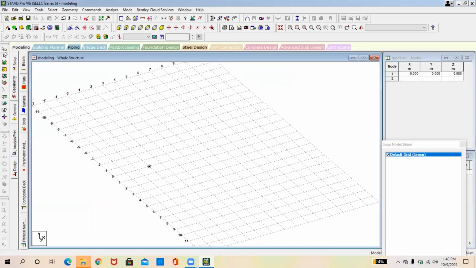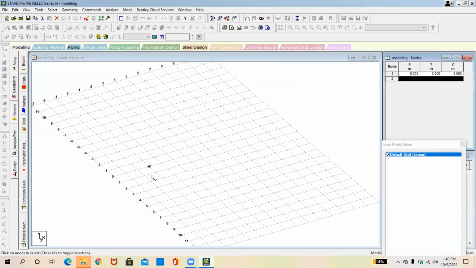In the next coordinate, if my node will be here, I can select X as 3, Y coordinate as 0, and Z coordinate also as 0. So X is 3, Y is 0, and Z is also 0. In this way, my next coordinate is also added.